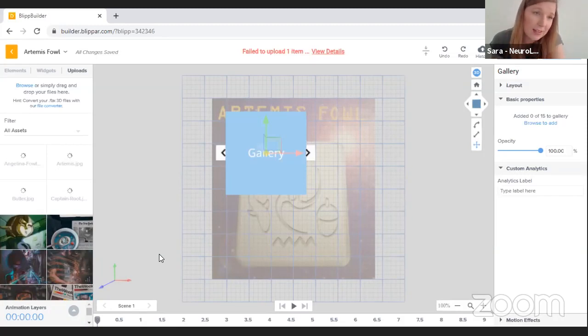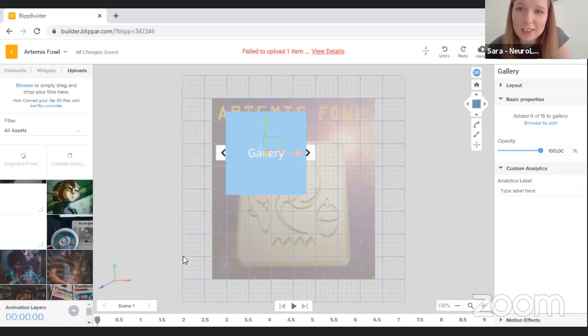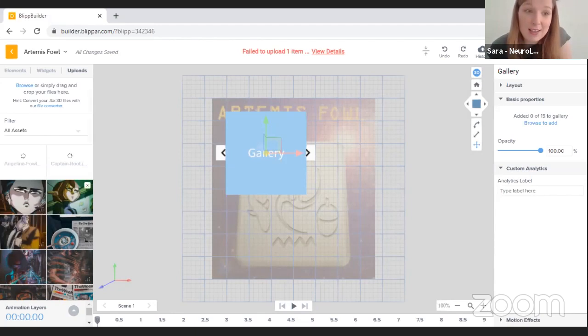Captain Root, and there is Foley, who is creating all the cool technology for them. On the other side, we have Artemis, his mom, Angelina, and his helper called Butler. Now, stuff can go wrong, and as you can see, it says on the top that one of my items